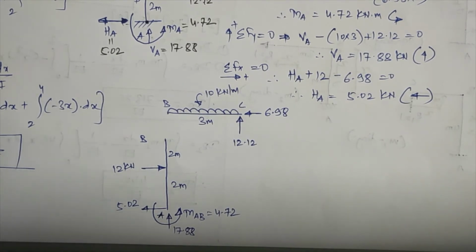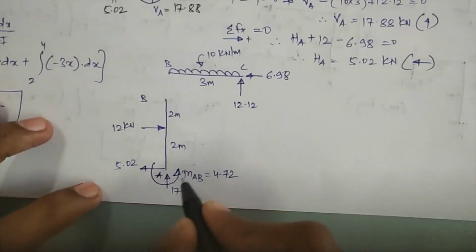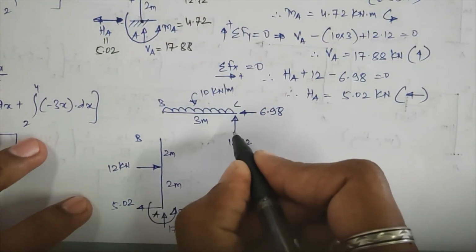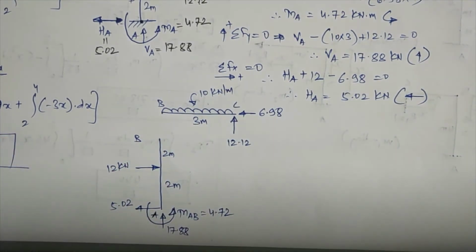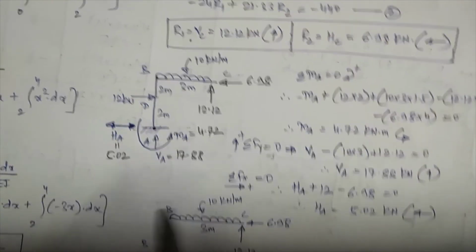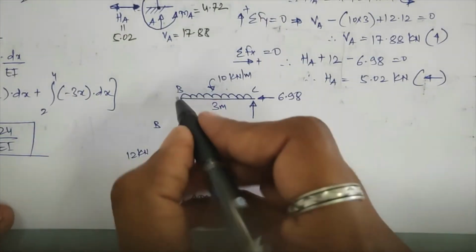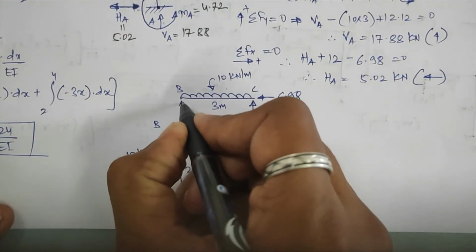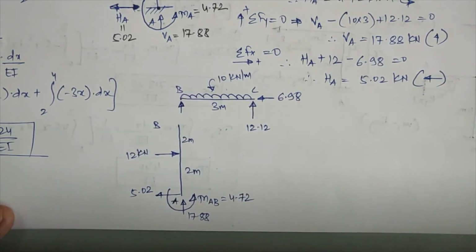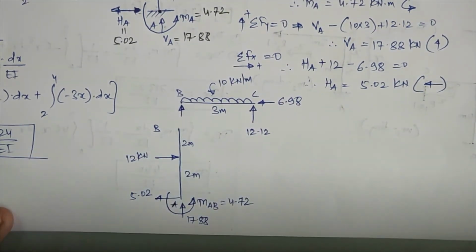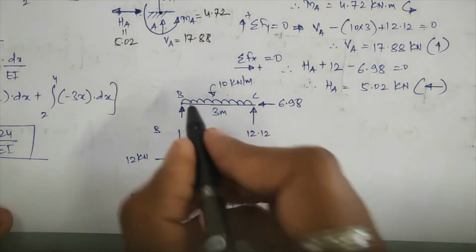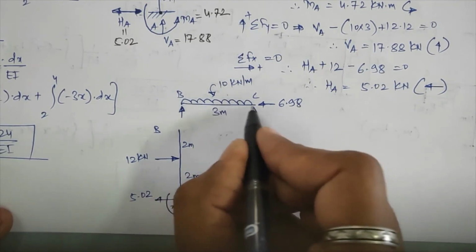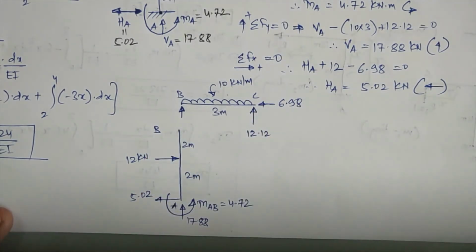Right? So for calculating those moment values, see what I will do, whatever will be this reaction of 12.12, this BC member will be treated as your simple member over there, because whatever the joint B is given to you, that is your rigid joint. So this will be having one vertical reaction over here. Suppose it is acting in upward direction, or you can call that as VB reaction over there. Okay, so you can calculate this VB easily. How? You can take the moment at any point over there, or you can use summation of FY condition for calculating that VB over here.